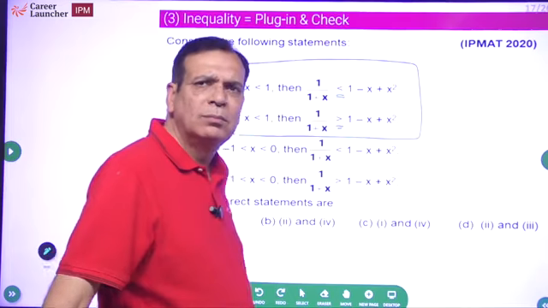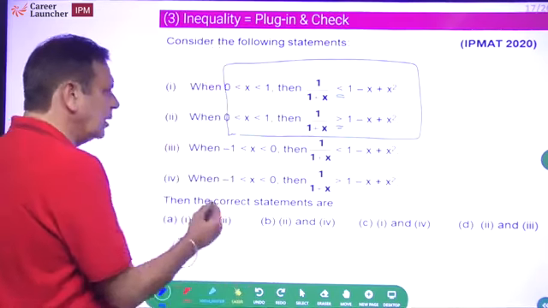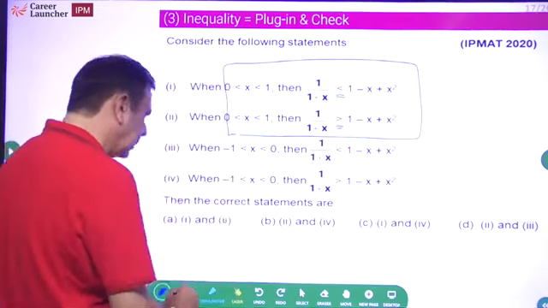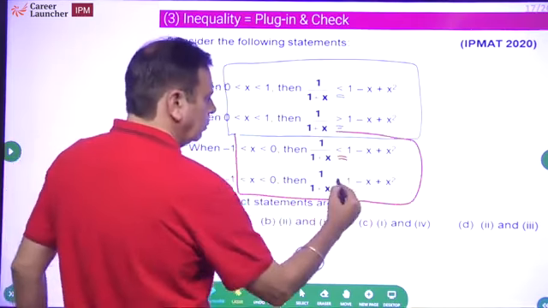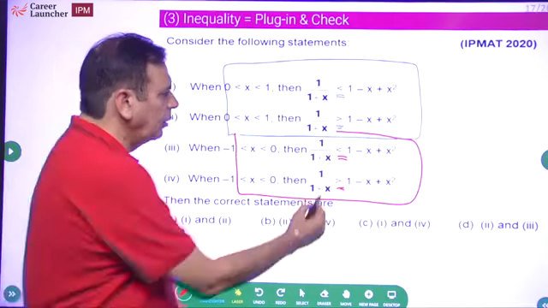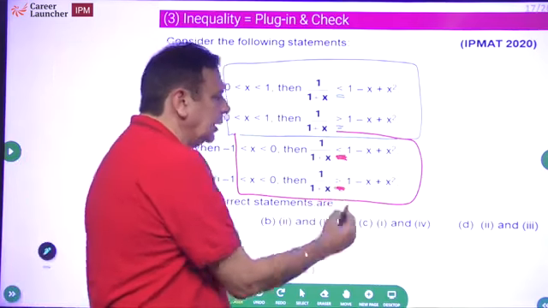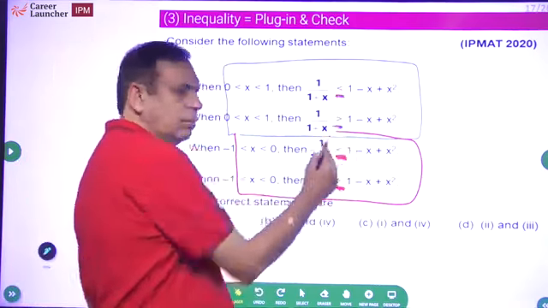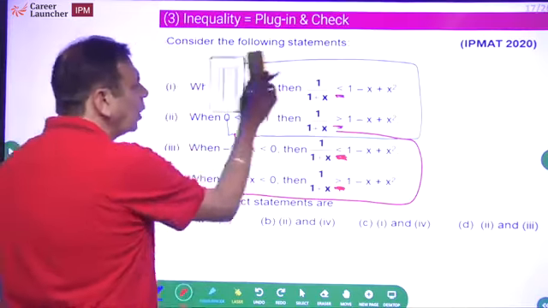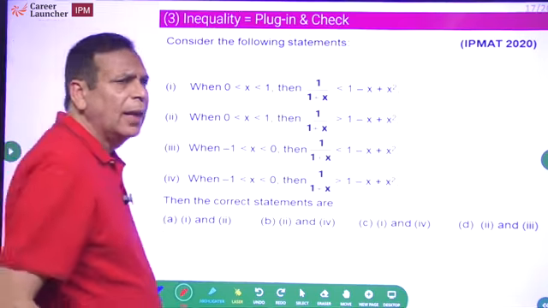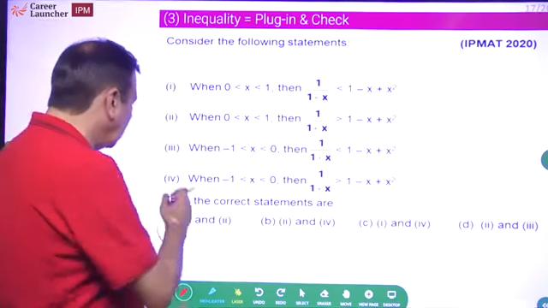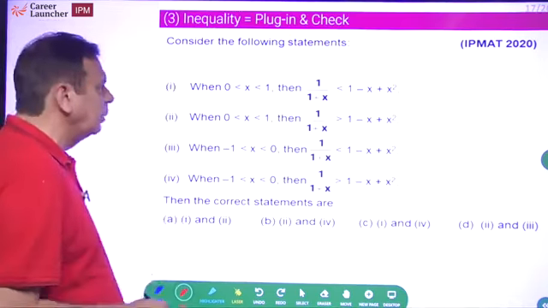The answer is no. Similarly, if you look at statement 3 and 4, in one of them it is less than, in the other it is greater than. Same thing out here. So my starting point would be, out of statement 1 and 2, only one will be correct and the other will be incorrect. And similarly, between 3 and 4, one will be correct, the other will be incorrect.